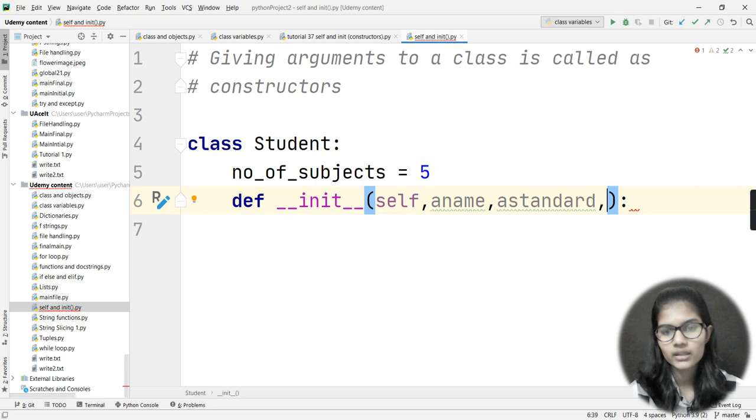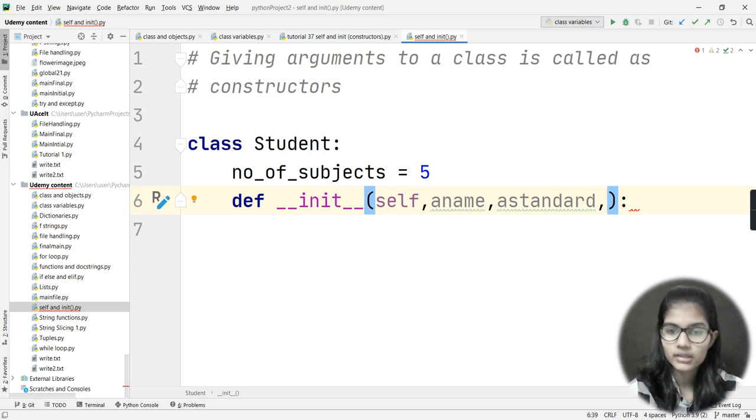But what will you do when you need to write one dot name, one dot standard, one dot section, then two dot name, two dot standard, two dot section, moving towards three, then four, five, six, seven, eight, nine, 10? Will you be able to do that? No, that is not possible, right? Manually it is absolutely not possible. Okay, you can do it for 10.